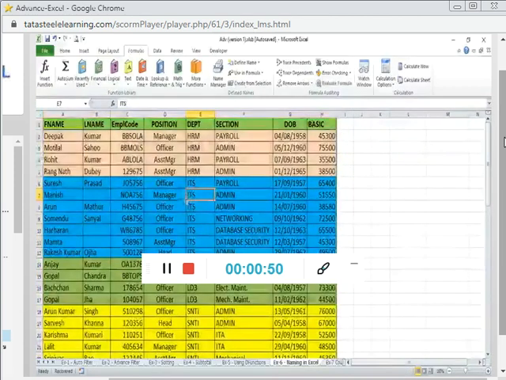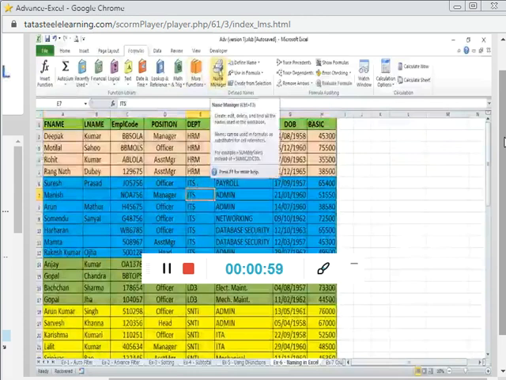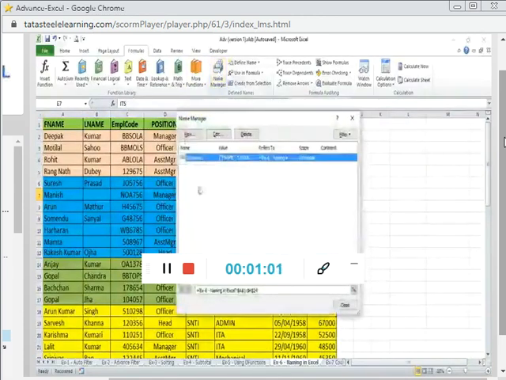You can cross check if this name has been registered with Excel or not. So you click in the formula menu and then go to the name manager icon. You will see this database 1 name has been created here. I'm closing this dialog box now.